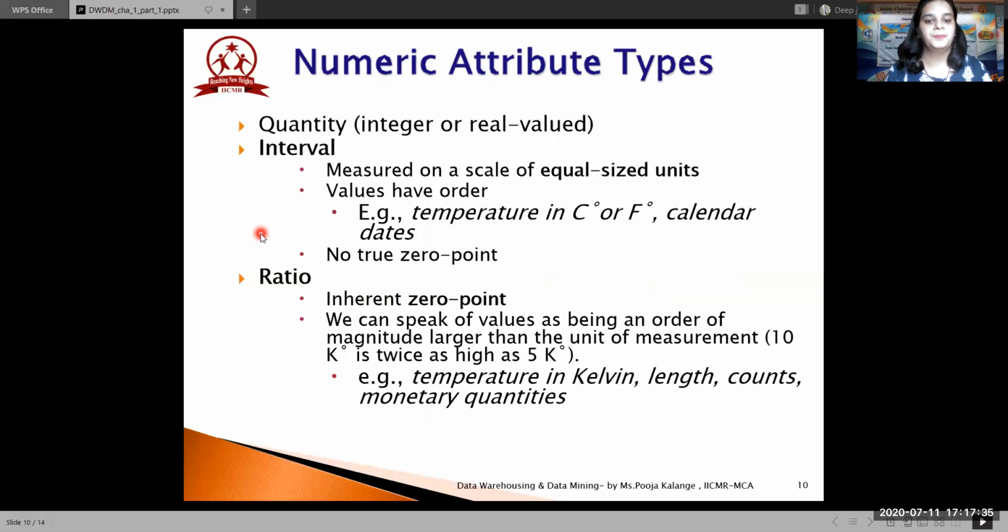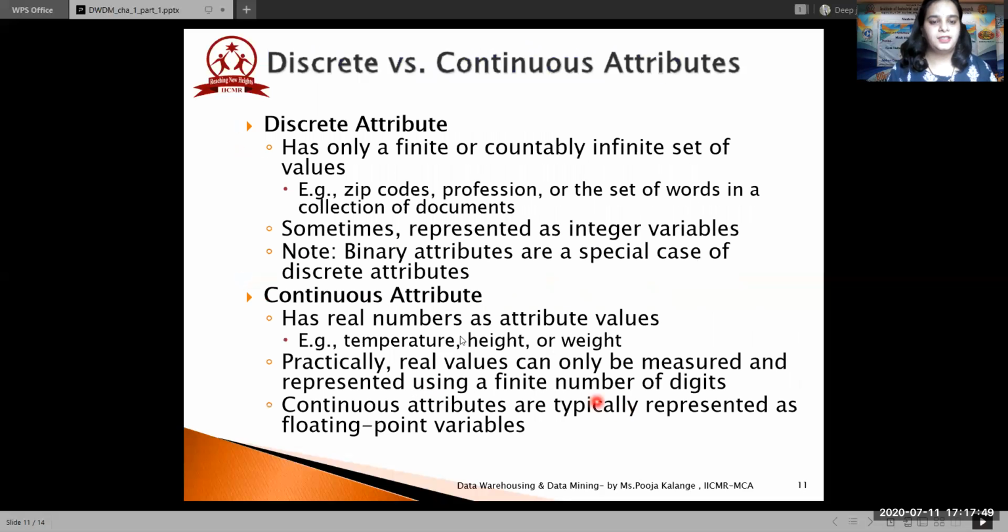You're measuring some parameters or some quantity. Now this you'll be seeing in more detail in your forthcoming chapters. So you can just remember, when you're considering a quantitative term, it could be either interval or ratio.